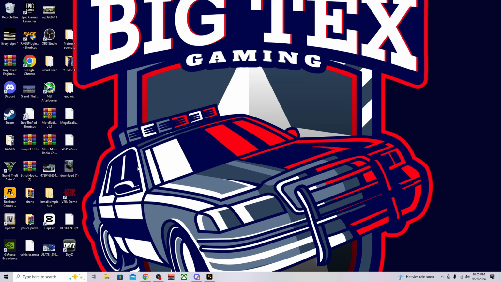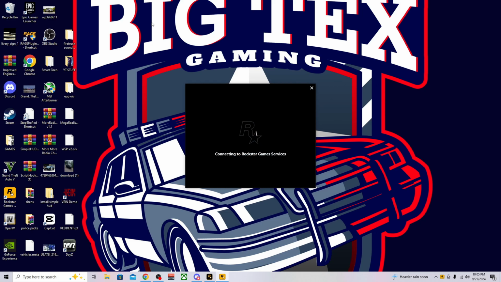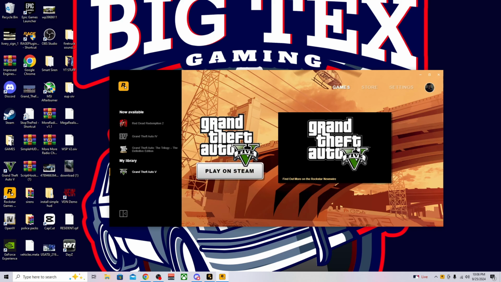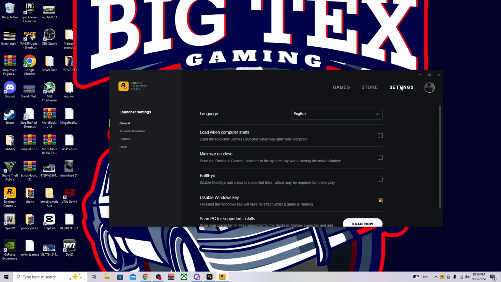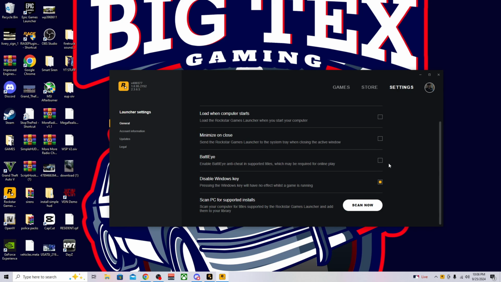I did forget, with the newest update with the BattlEye thing, you need to go to the Rockstar Games Launcher here. Click that. I apologize for forgetting this, but this is something that just newly came about. And once you guys are in your Rockstar Games Launcher, you're going to want to go to settings here. For me, mine had the BattlEye box checked. What you're going to want to do is uncheck that box,